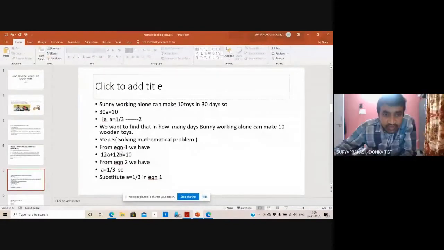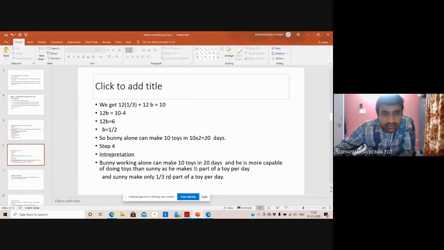From equation 1, we have 12A plus 12B is equal to 10. From equation 2, we have A is equal to 1 by 3. So substitute A is equal to 1 by 3 in equation 1. So we get B is equal to 1 by 2. So Bunny alone can make 10 toys in 20 days. In one day, he makes half of a toy, whereas Sunny makes 1/3 of a toy. So interpretation: Bunny working alone can make 10 toys in 20 days,